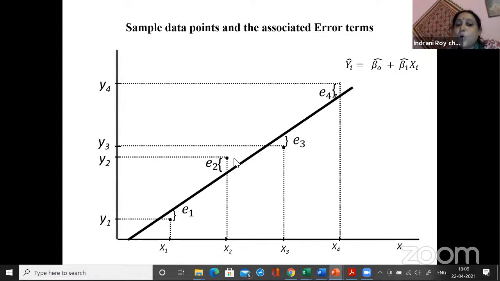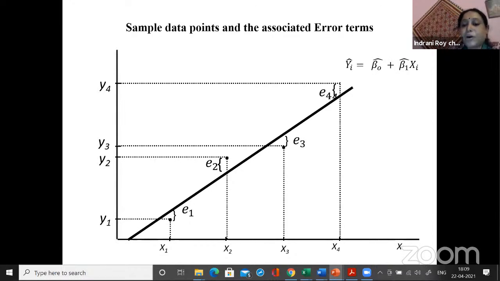What are those two values? One is that from the point itself, you get the observed value of y, which you can call y2. And from the best fitted line, you get another value of y, which is your y2 hat. So the difference between the observed minus expected, that means y2 minus y2 hat, is the distance. This is the distance which is your E2, which is the error which you committed between the observed and the expected for a given value of x2.